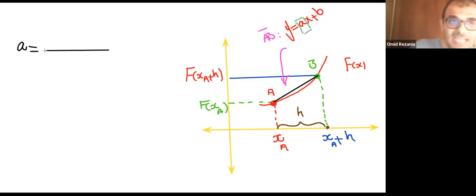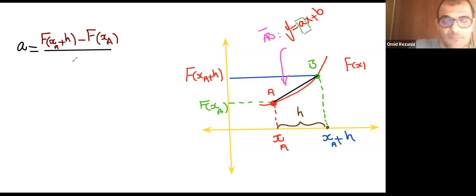If I find a, it means that I can very easily find the value of the slope, from which you can come up with the equation of the straight line which connects these two points. For this case, the principle is the same thing. I say the variation along the y-axis is going to be f of xa plus h minus f of xa